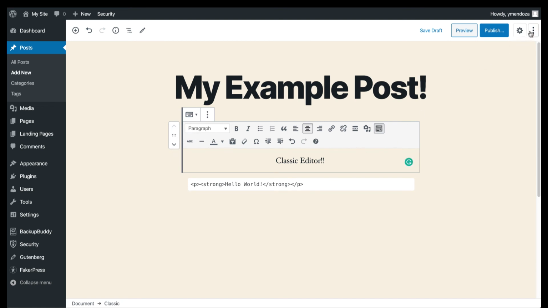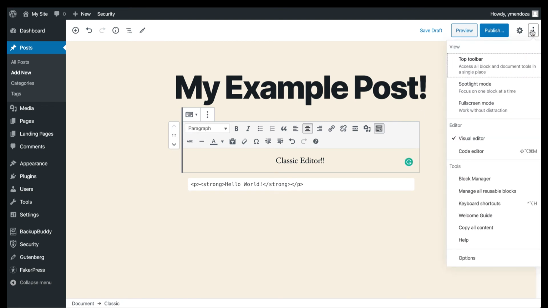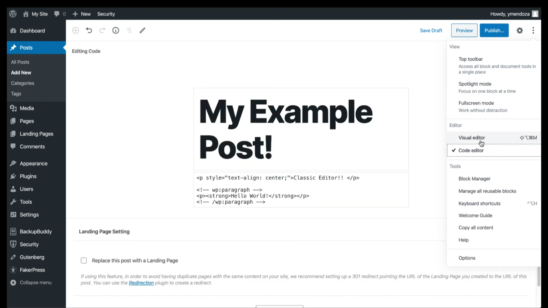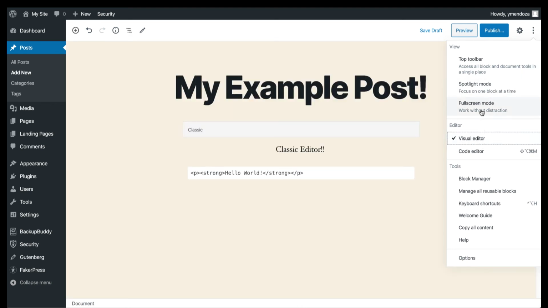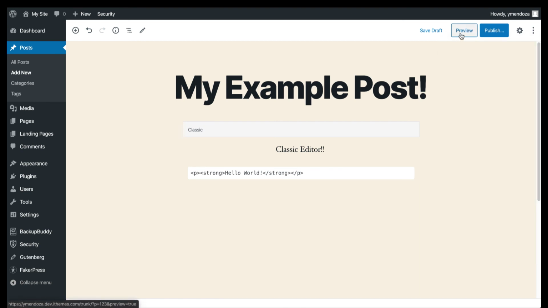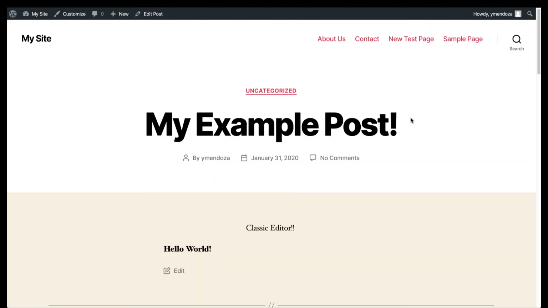If we head up here to the top right hand corner, click down on menu, you have the option to switch completely over to a code editor or leave it as a visual editor, enter full screen mode, spotlight mode. Now we'll go ahead and click preview, take a look at our new post. Once we're happy with our new post, we can head back over to the editor